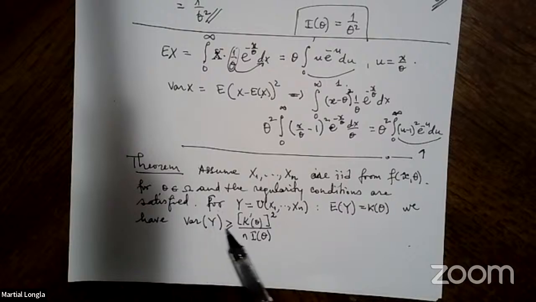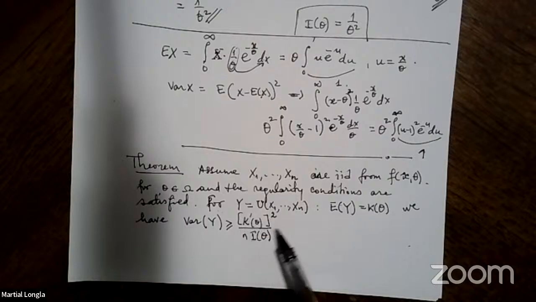This says that the variance could never be smaller than k prime of theta squared divided by n I of theta. For example,